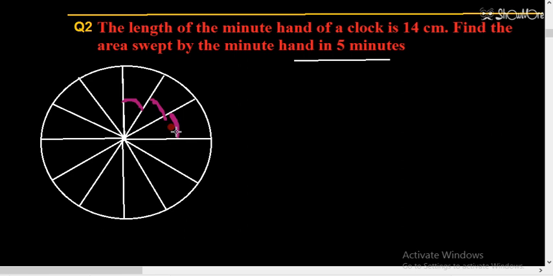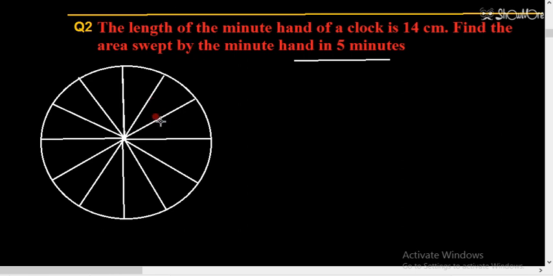So if a minute hand covers 15 minutes, then the angle covered by it will be 30 into 3, 90. If the minute hand moves for 20 minutes, then the angle will be 30 into 4. For the 20 minutes, 30 plus 30 plus 30 plus 30, 120 will be the answer. So in this question, let's see now what we have to do.